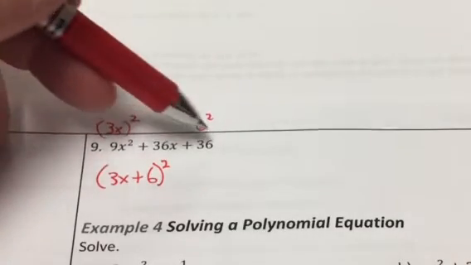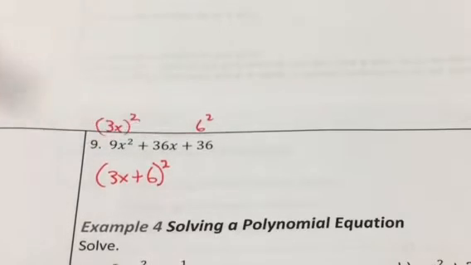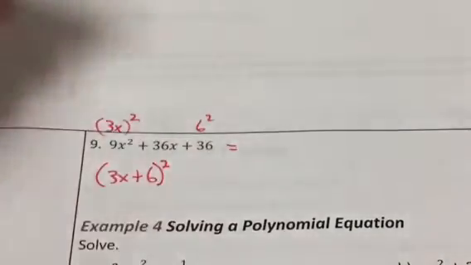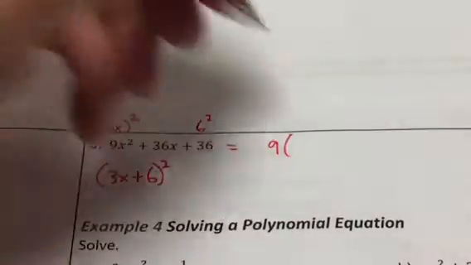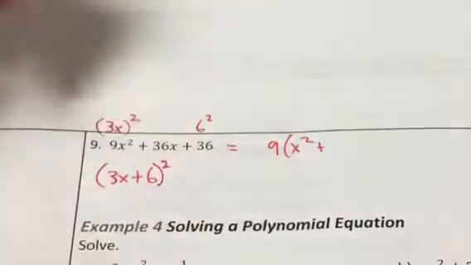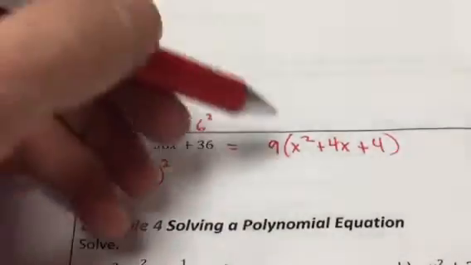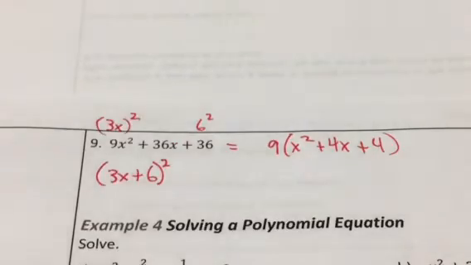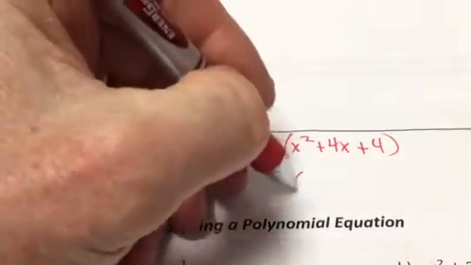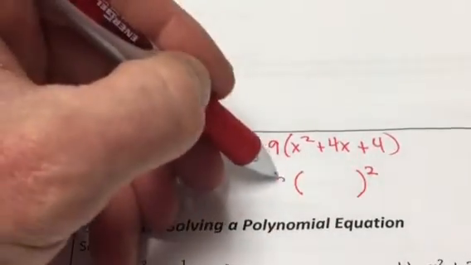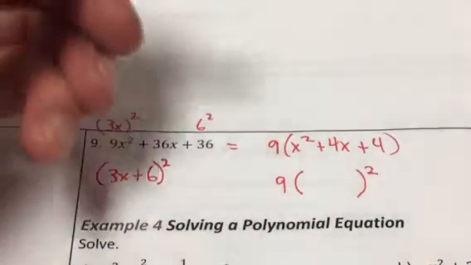of these have a common factor? 9, 36, and 36. There's a number that goes into all of those. For instance, 9. So I'm going to write out here, this could be written as 9 and x squared plus 4x plus 4, because 9 times 4 is 36. And in that way, we could write it this way because we have now